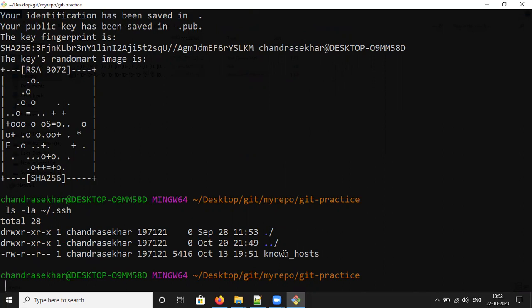Here the known_hosts file is there, so we need to remove it. rm -rf. We need to remove those files first instead of the .ssh directory.